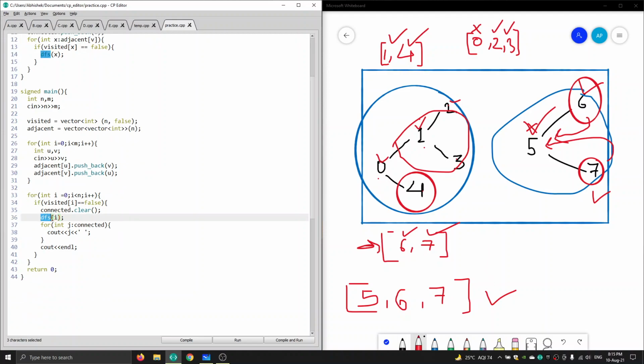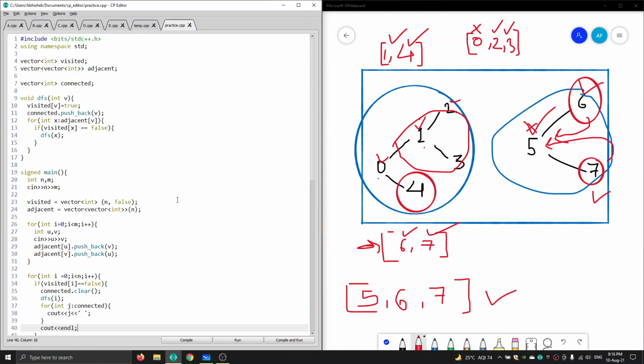After applying this DFS, we are printing those values by adding a space between them, and finally we are printing a new line to get our connected components. So how does the DFS work? In this code, we are applying a recursive function to visit all the nodes in the way we do in depth first search.